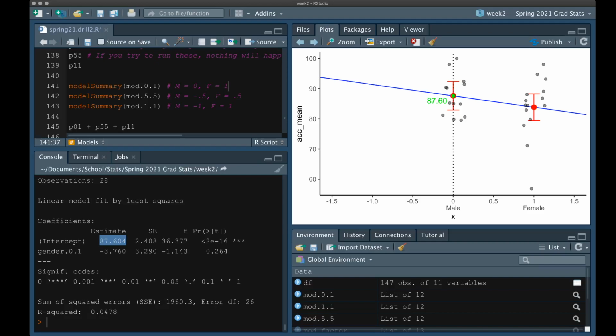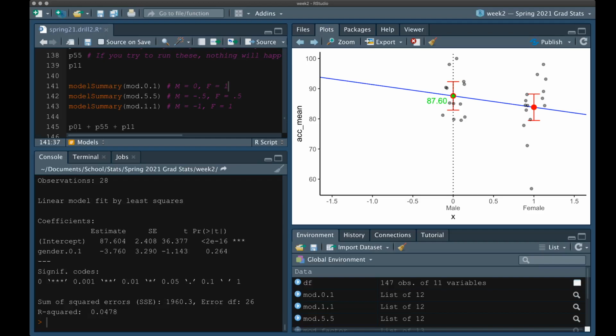So our intercept, 87.604, is this green dot right here. You can see it's where our regression line crosses at x equals 0, which happens to be exactly at the middle of the males, because we have males coded as 0. Then this minus 3.76 is telling us that going from 0 to 1 drops down 3.76 points. So in other words, this red dot here, that is 1 unit above 0,